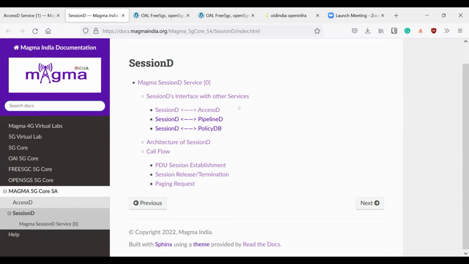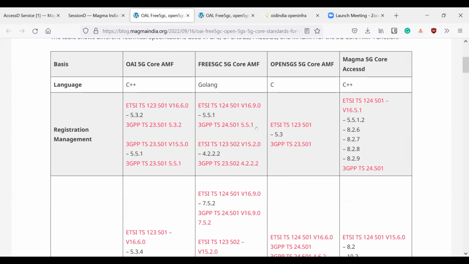The second update is we are working on technical specification and comparison of different open source 5G cores. We saw this requirement in many other open source communities. For example, NIFIO is looking at how we can compare these 3 or 4 available 5G cores and which one to choose.